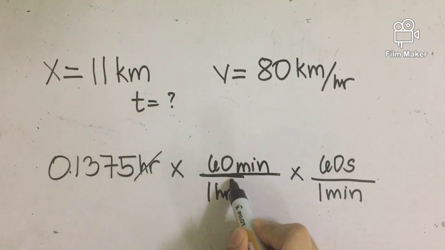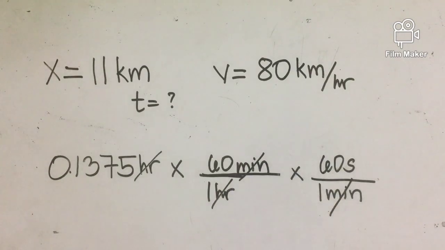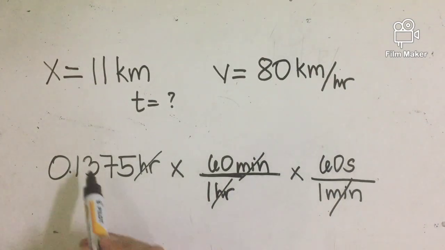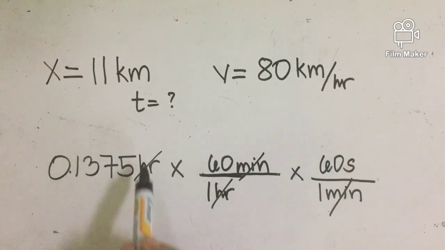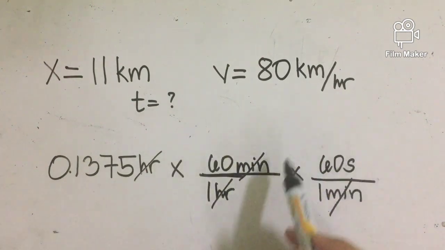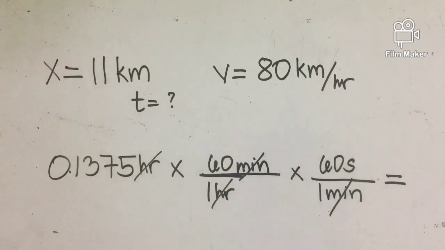So the hour here will cancel, that's equal to 1, and also with the minutes. If we multiply 0.1375 by 60 and multiply it once again by 60, that will give us